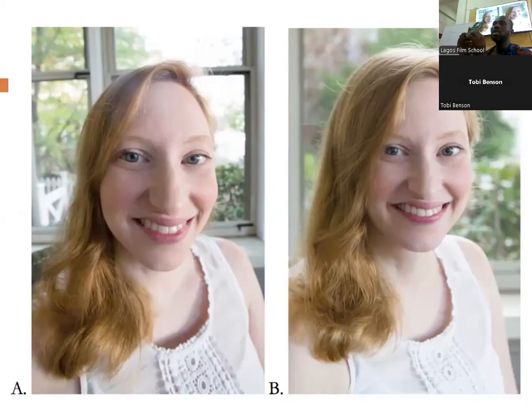Most things shot with the phone tend to look ugly. Do you know why? Because the default lens on the camera on the phone is a wide angle lens. The shot on the right, A, is what you get with a wide angle lens close to the face. Does she look pretty? No, but look at B. She looks much better. Why? Because it's a telephoto lens.